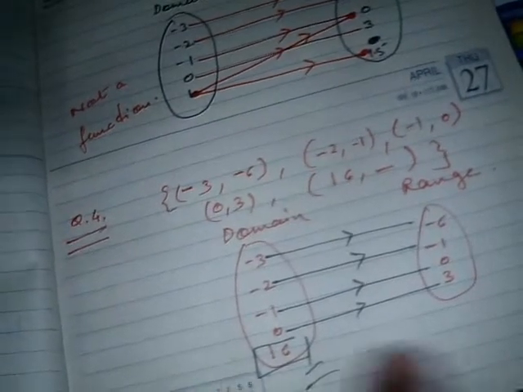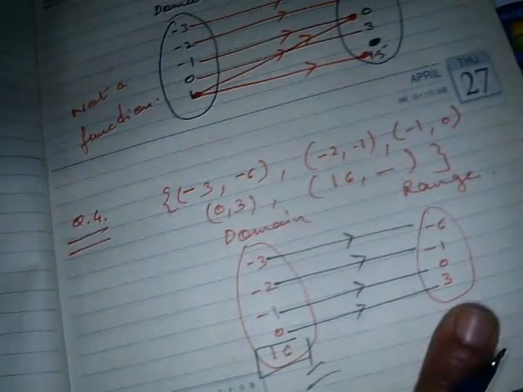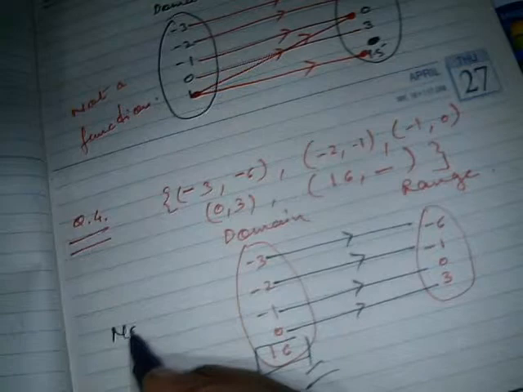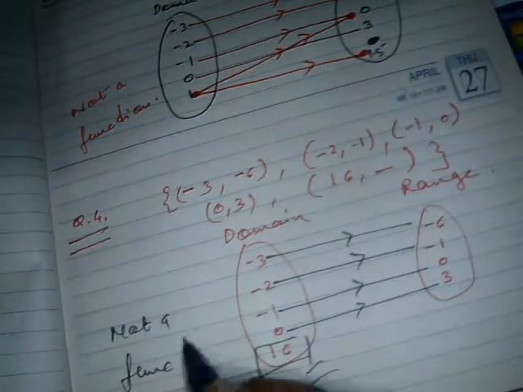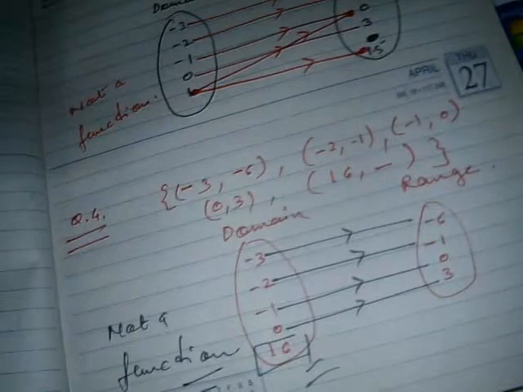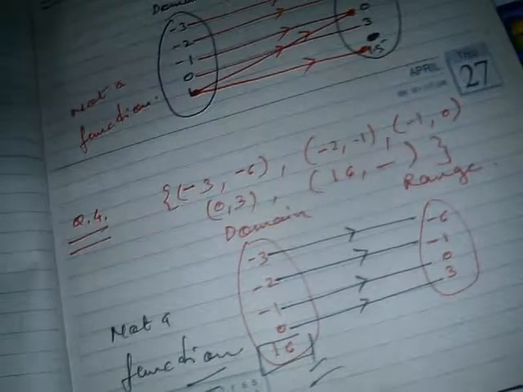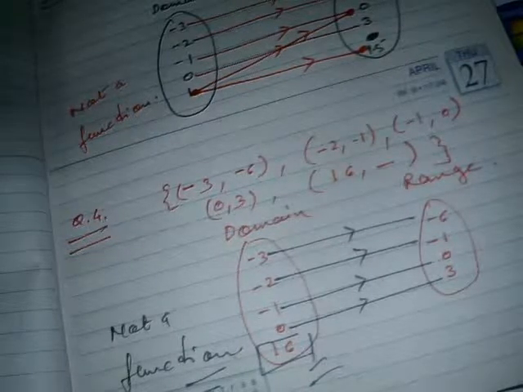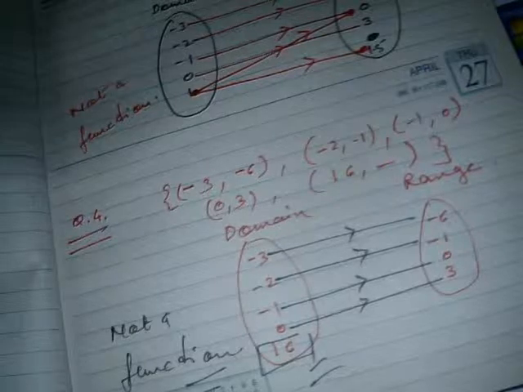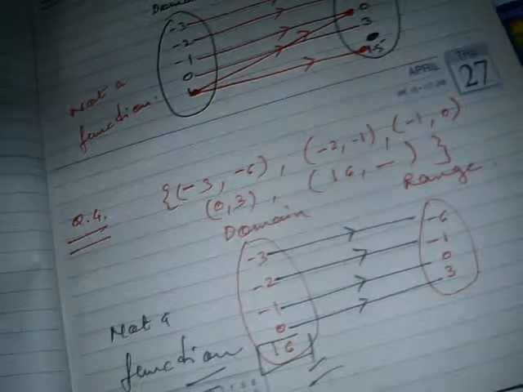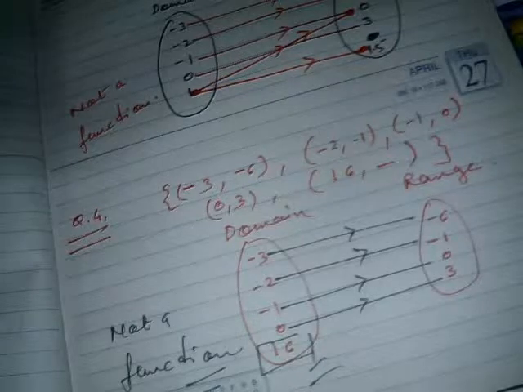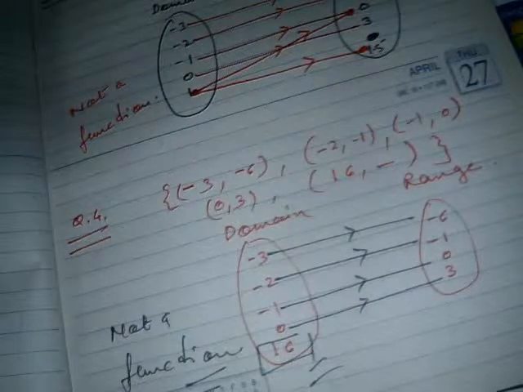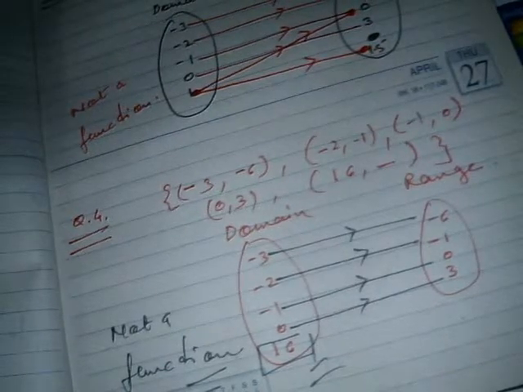So we have seen when it could be a function: when every x has the same or a different unique image in the set. Second point, every x should have an image, every x should be related. If any x is unrelated, that is not a function. And if the same x has different values, then also it cannot be a function. So these are the points you need to remember, then you can differentiate easily. And the textbook questions we will also do, where the domain and range are given and we need to decide whether it is a function or not a function.